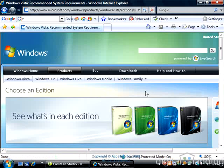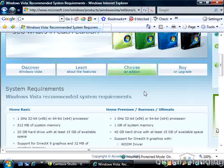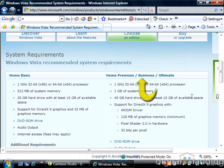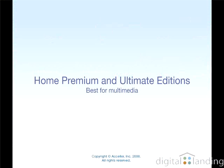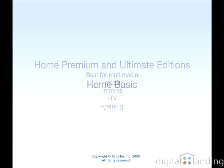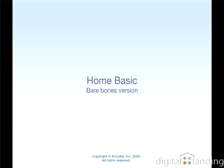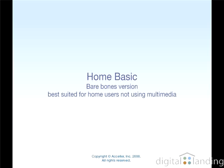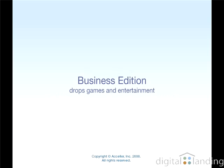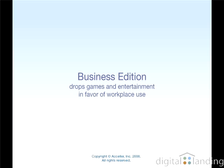Windows Vista also comes in a large variety of editions. There's Windows Vista Home Basic, Windows Vista Home Premium, Windows Vista Business, and finally, Windows Ultimate Edition. The Home Premium and Ultimate Editions offer the best multimedia support for users interested in music, movies, TV, and gaming on their PCs. Home Basic is a bare-bones version, best suited for home users who don't intend to do much with multimedia on their machines, while Business drops games and entertainment features to concentrate on features best suited for workplace